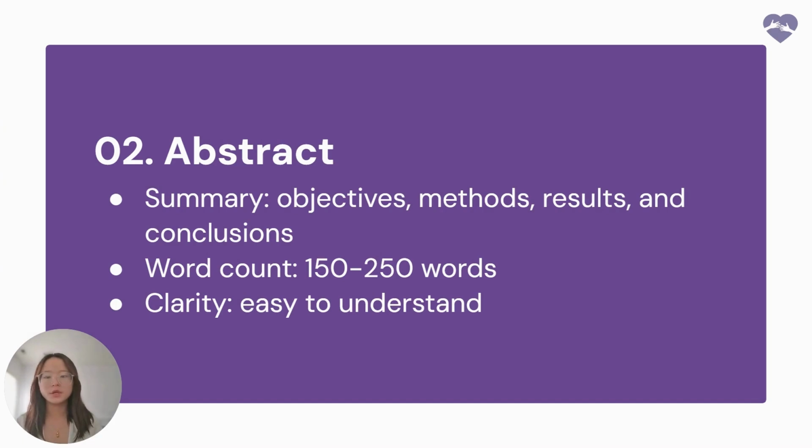Another thing is clarity. Make sure your abstract is easy to understand, even for readers unfamiliar with your research area. Avoid jargon or overly technical terms. So, for example, instead of writing something like, "this research employs a heuristic based algorithm for dynamic task scheduling in distributed systems," try simplifying it to something like, "this research uses a specialized algorithm to efficiently schedule tasks in complex